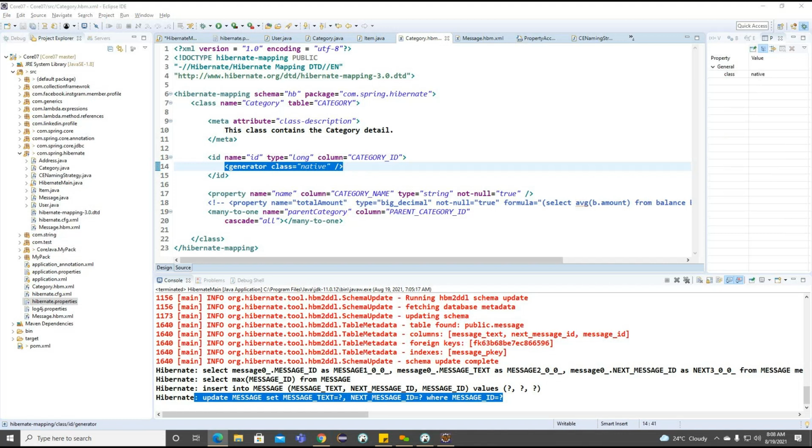Native is internally some combination of the different classes we are having here. What are the different classes we are having? Something called identity and sequence here. And so we can work on this particular one.